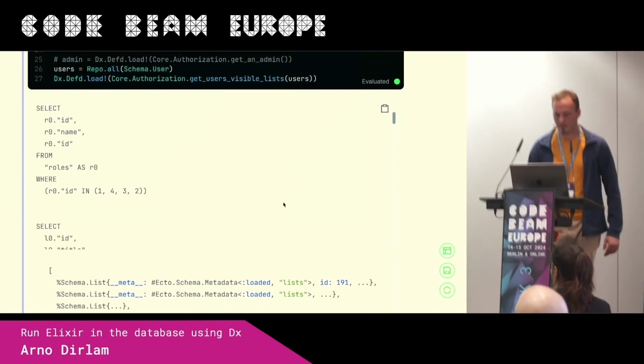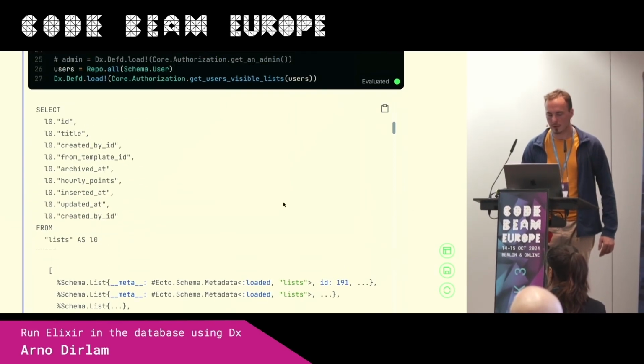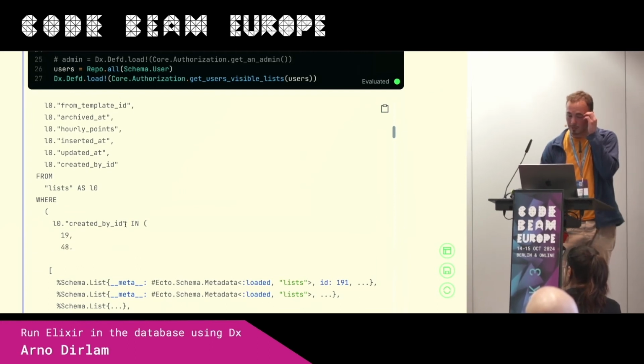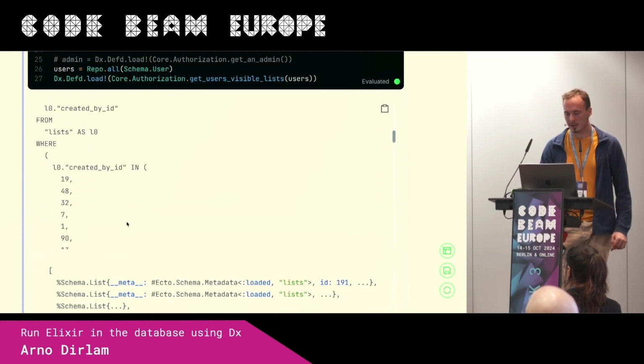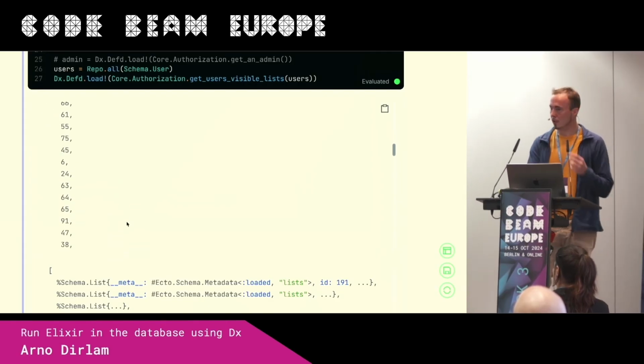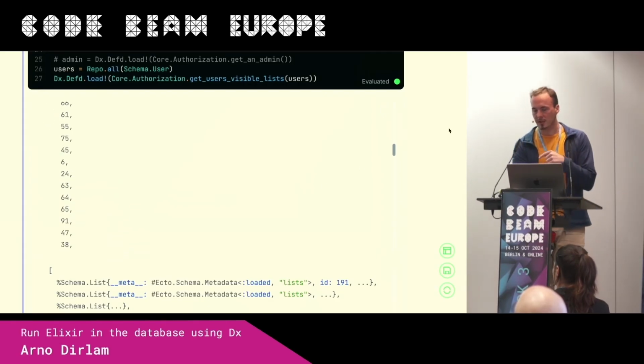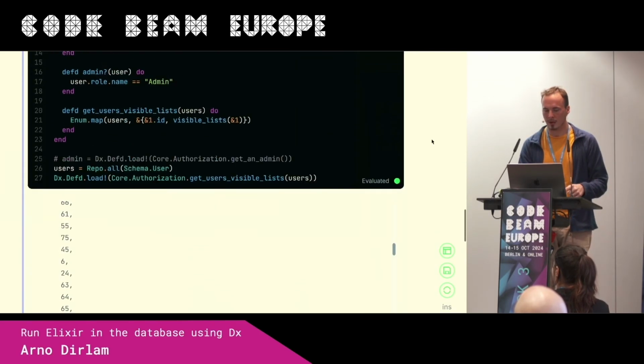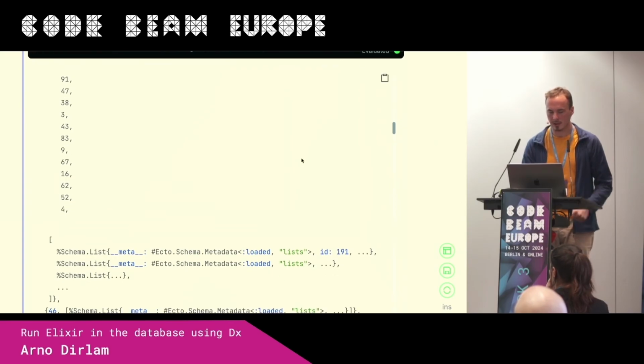Then it will load lists where the created by matches some IDs. That is for the people who are not admins. We said user.lists. So for those people, we need to go by their created by association.